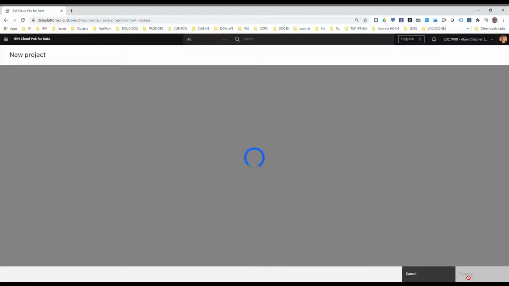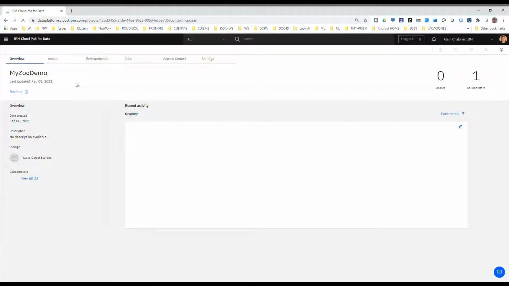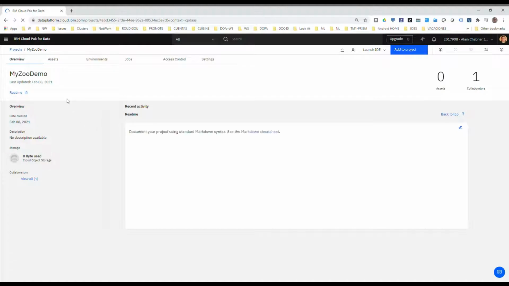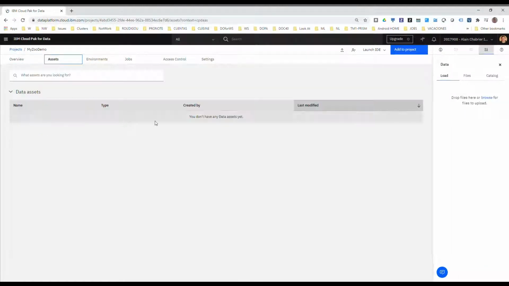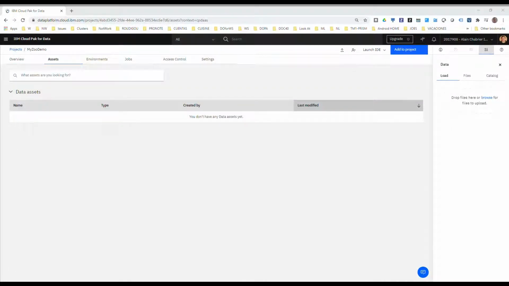The first thing I will add into the project is the very basic CSV file I have created on my laptop using Excel or using a text editor. I will drag and drop this file into the asset section of my project. My project is created now. I have a section here to drop files. So I will take the bus CSV, which I don't think you see with the screen sharing system,